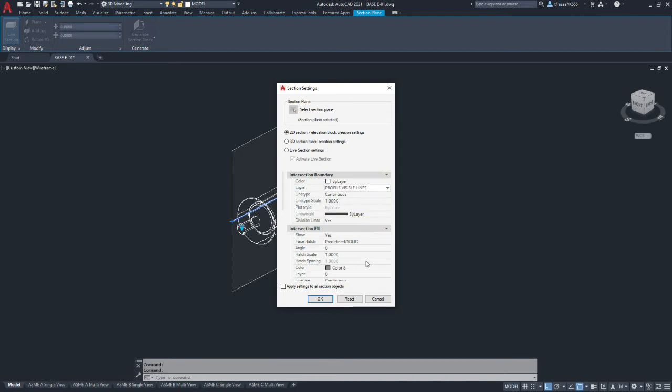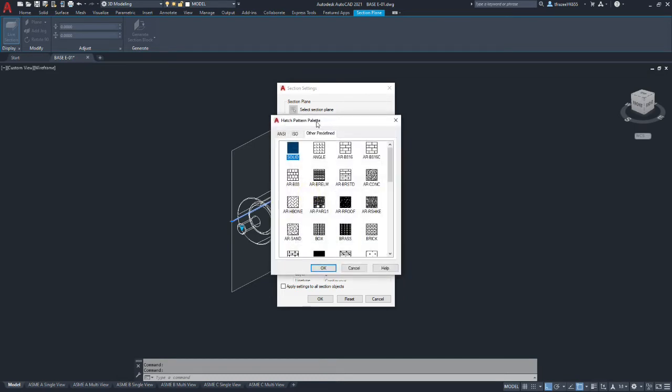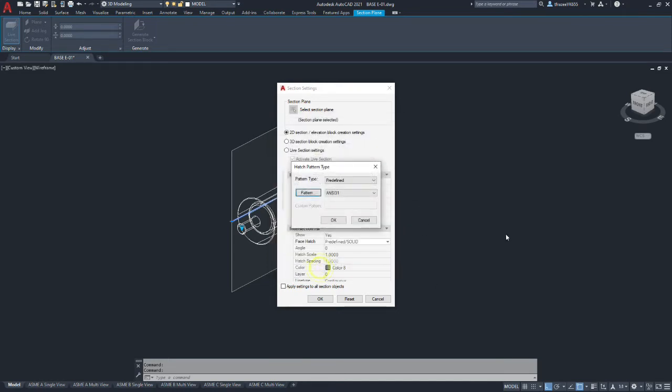Under intersection fill, under face hatch, we're going to select that. And then we're going to pick the pattern and we're going to select the top left corner for ANSI, and we're going to pick ANSI 31. Hit OK. OK.